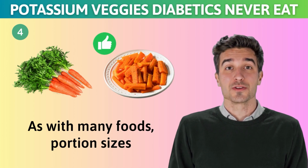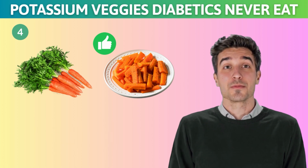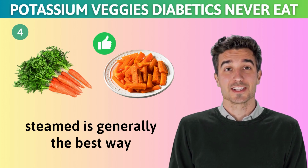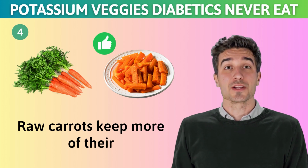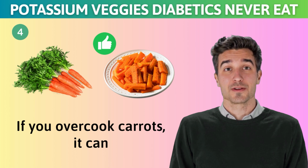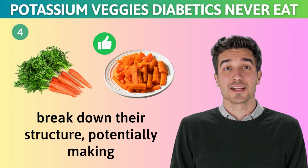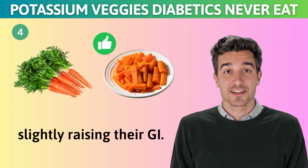As with many foods, portion sizes and how you prepare them are really important. Eating carrots raw or just lightly steamed is generally the best way to go. Raw carrots keep more of their fiber intact, which means a slower release of sugars. If you overcook carrots, it can break down their structure, potentially making their sugars easier to access and slightly raising